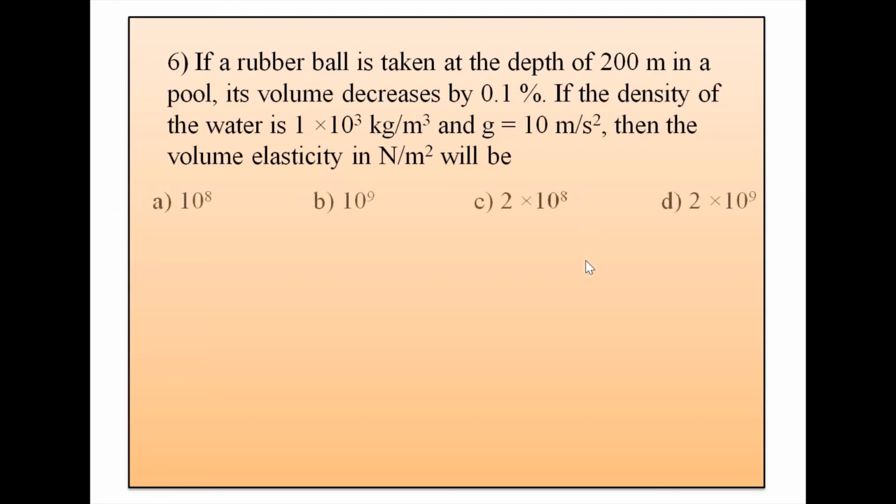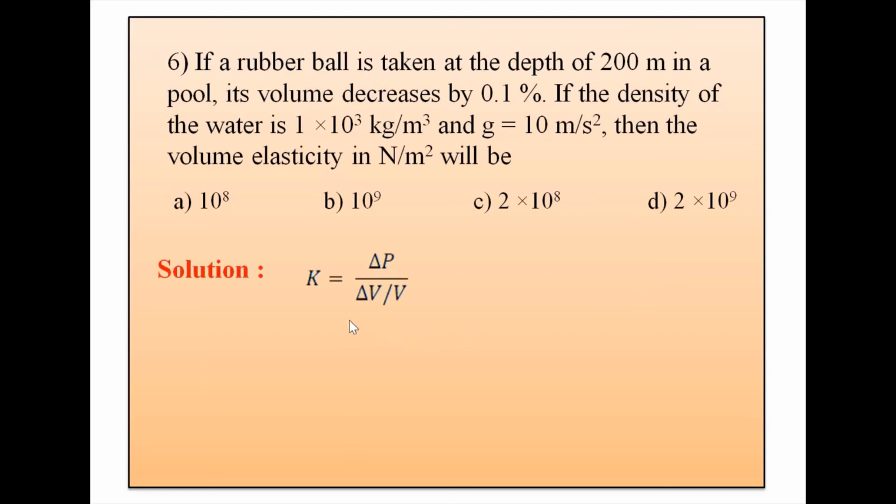Let's see the options. Option A is 10 raised to 8. Option B is 10 raised to 9, option C is 2 into 10 raised to 8, and option D is 2 into 10 raised to plus 9. So let's see how to solve this objective. As we know, capital K is equal to delta P divided by delta V by V. So simplifying this formula, we get capital K is equal to H rho G divided by delta V by V. So putting the values in the equation,